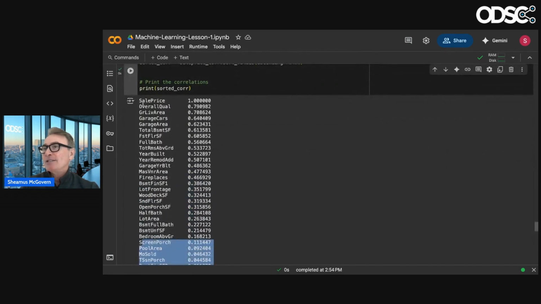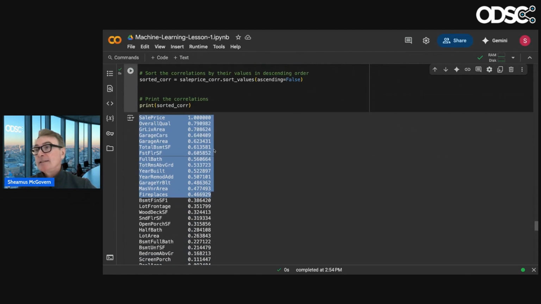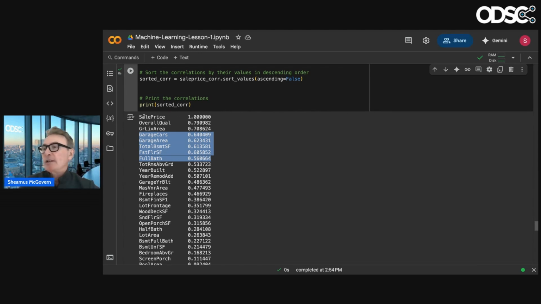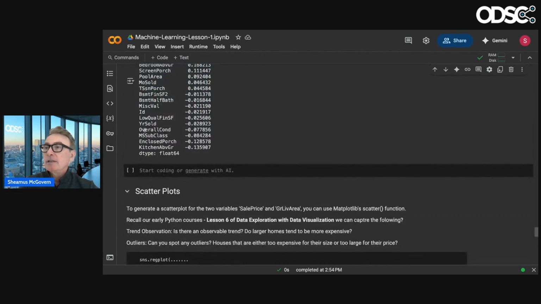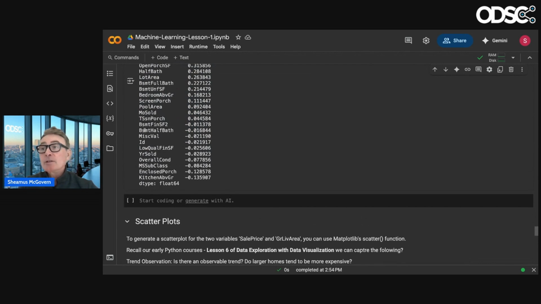So the ones we pay attention to are positive correlation. And all that means is, as our target feature, the sales price, this is our target feature, as one of these goes up, the sales price goes up, right? If I'm trying to sell tickets to a concert, the closer it is to the city center, maybe the higher prices I can charge because there's a built-in audience. Negative correlation is the opposite, but it's still good, right?